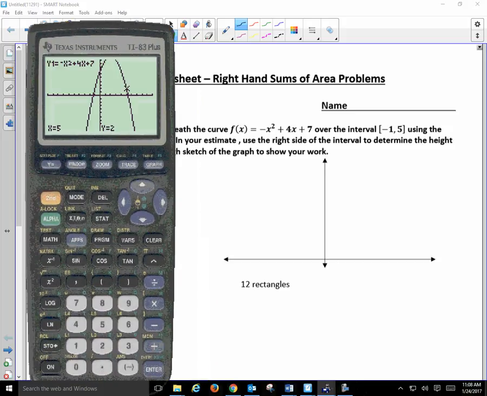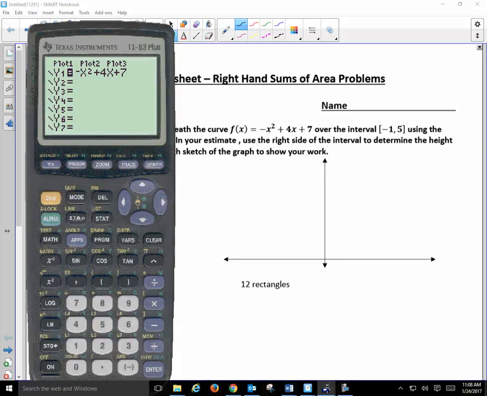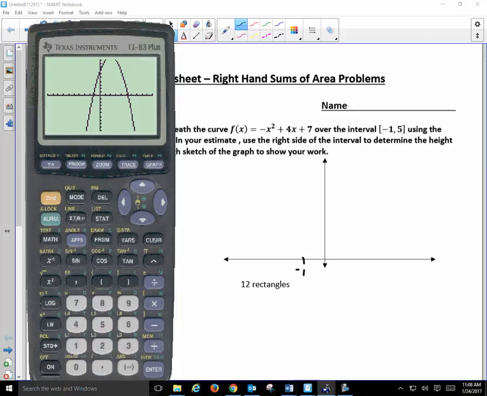On the AP exam, they're very good about either giving you the graph or allowing you to use your calculator in order to sketch the graph when it's needed. So I plugged it in. I sketched a graph. It looks like it moves just to the side of negative 1 and then just to the side of 5, right? So if I plot, say, negative 1, 0, 1, 2, 3, 4, 5,